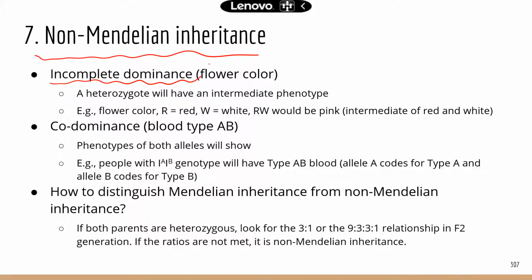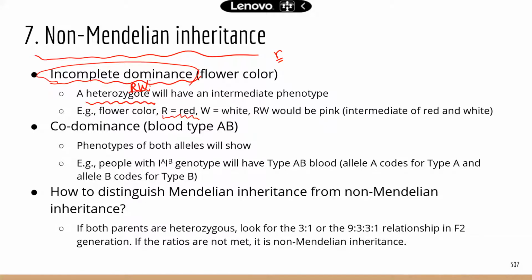In this case, there's no dominant trait or recessive trait. When you have a heterozygous genotype, let's say big R W, you're going to ask, why is this not little r, but big W? Remember, little r or any lowercase letters represent recessive traits, right? But in this case, it does not follow dominant recessive trait because this is incomplete dominance. So to avoid confusion and to differentiate between the two types of inheritance, normally we use different letters for different